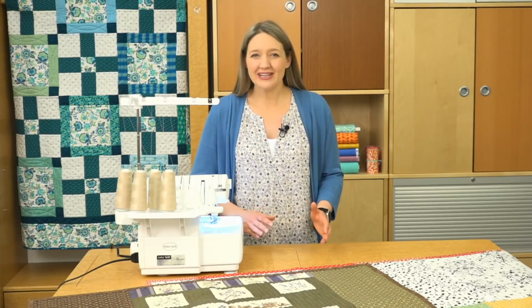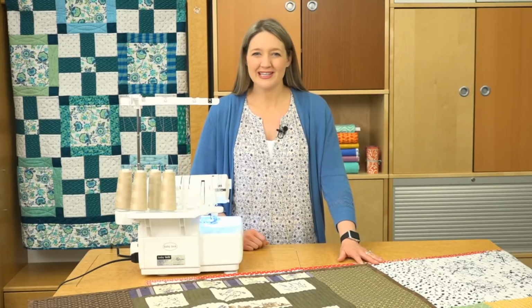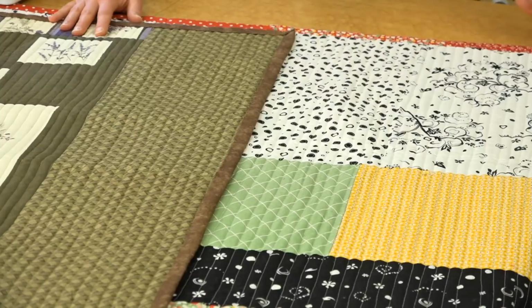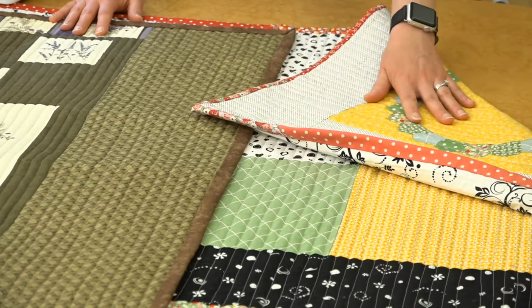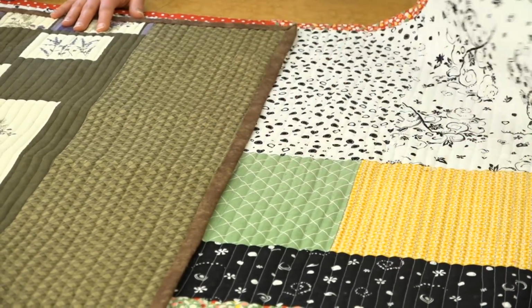So today we're talking about quilt backs. There's no need for them to be boring. We're going to give you some tips and tricks for piecing your quilt back. So some ideas for pieced backs are using leftover blocks from the front of your quilt or just leftover fabric. It's a great way to tie in the front of your quilt with the back and gives you a fun